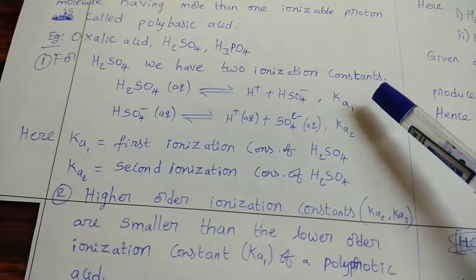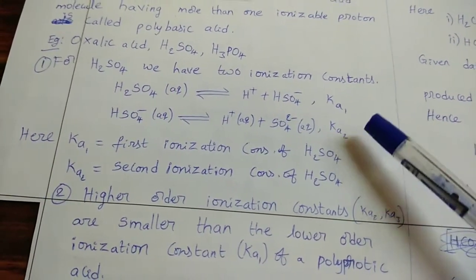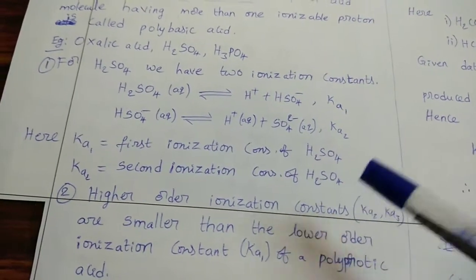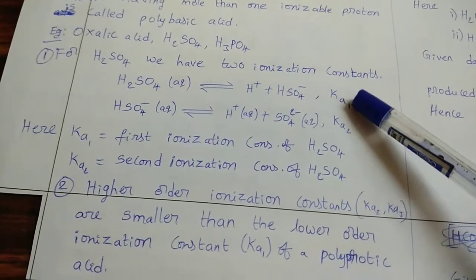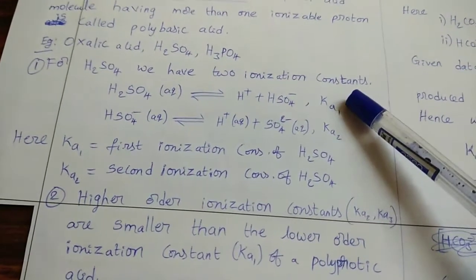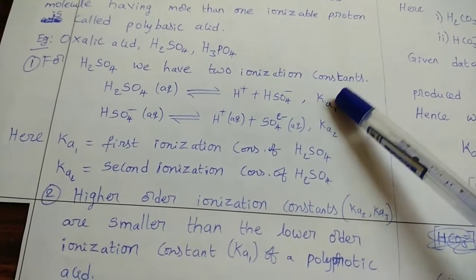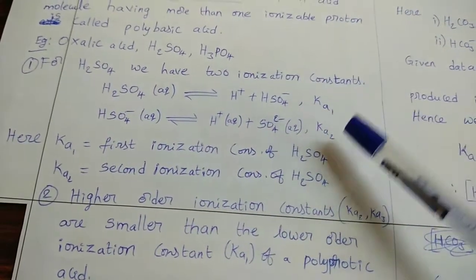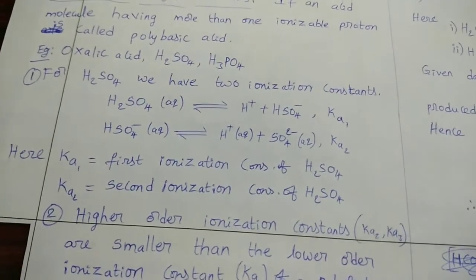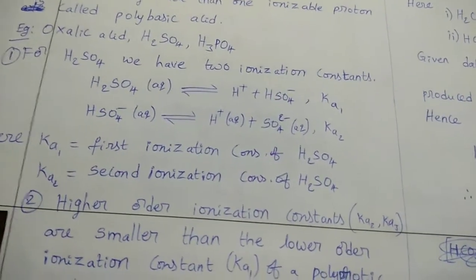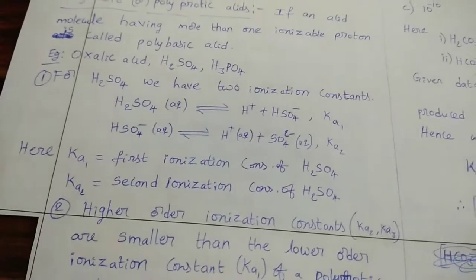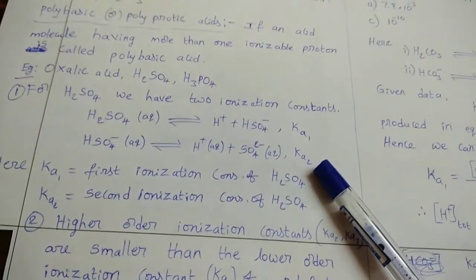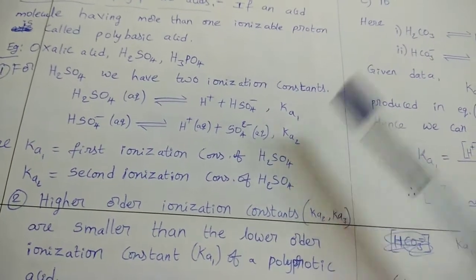If we compare the magnitudes, as the order of the ionization constant increases, the values decrease. Already we know that if the Ka value is more, the corresponding compound has more acidic character. If the Ka value is less, the compound has less acidic character. Here also Ka1 is greater than Ka2